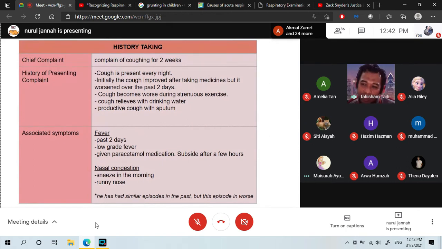So asthma must be recurrent. It's not one-off. You're telling me it's only a one-off history, but I don't know. Maybe this is another episode of a recurrent problem. Maybe he had an episode about 2 weeks ago, and maybe previously last month. So asthma should be recurrent. If it's one-off, we're not going to diagnose asthma. Number one, the history should tell me that this is a chronic disease, and it should be recurrent.